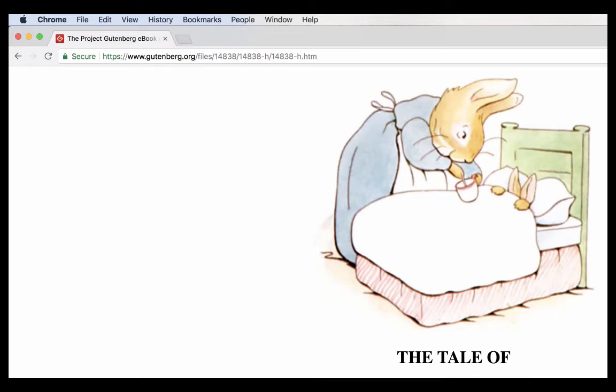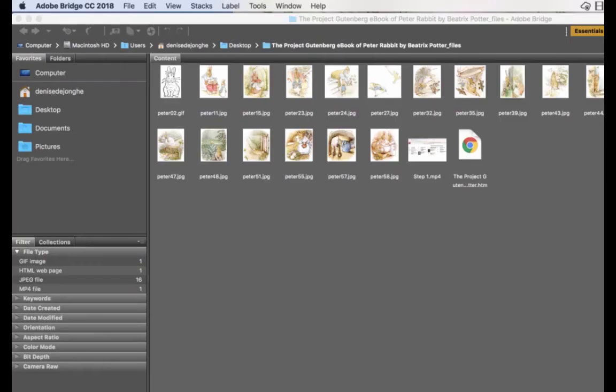So I also downloaded the images, but you can also use your own photos, and you can find photos on the internet that are copyright free, and I listed many resources in the assignment. When you open up Bridge and you view your images, you'll want to name them descriptively. A lot of times cameras will put numbers, and in my case, when I downloaded the Peter Rabbit images, they were numbered Peter 1, Peter 2, Peter 3, which doesn't really tell me anything about what's in the images. So step 3 of the assignment is to name them uniquely and descriptively.